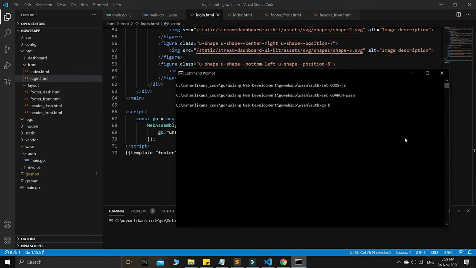In our normal traditional way, go build is enough. But right now it is quite different, guys, because we need to build this as a WASM binary. Okay, go build, then space, dash and then the small letter o, as in output. Then after this